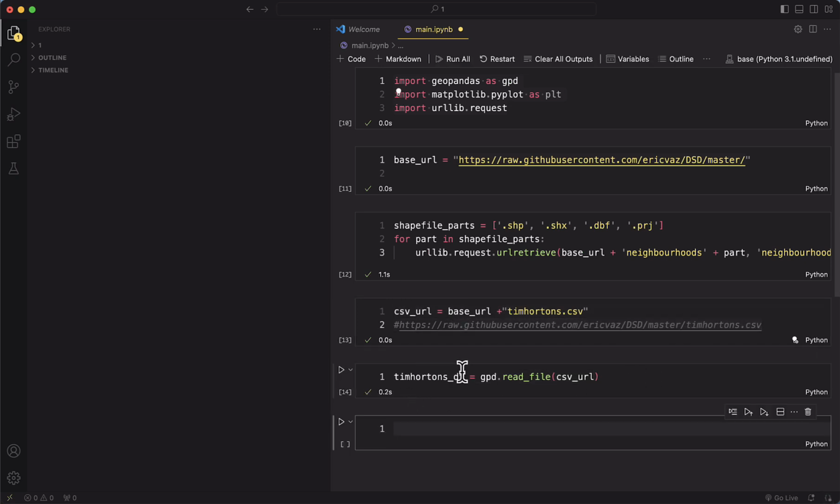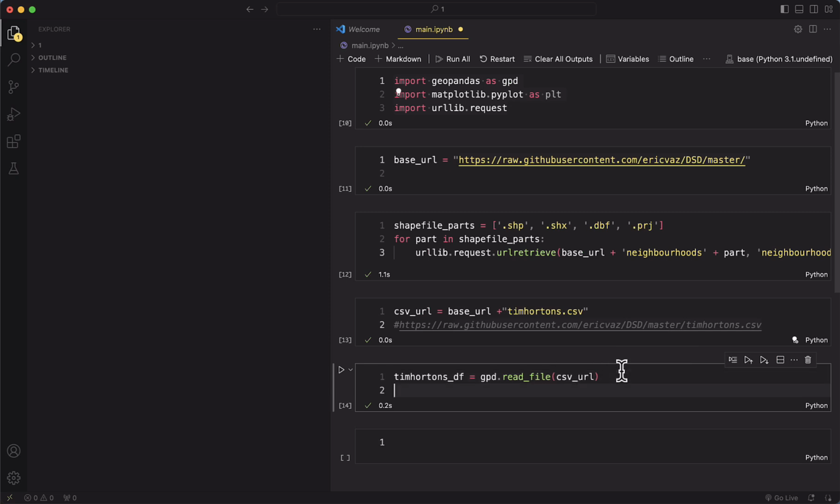So now we have the object Tim Hortons DF, so Tim Hortons data frame that we've created, and we'll convert it into a geodata frame. For now, as you can see, it's simply